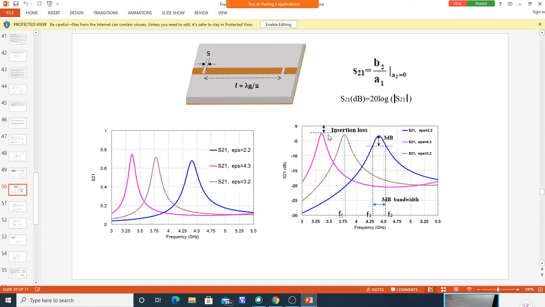You can measure the insertion loss like this, and also you can measure the resonant frequency. And another parameter, you can measure bandwidth also. You see here, from the peak you go down by 3 dB and measure the frequency at this, F1, and this is F2. Take the difference of F2 and F1 to measure the bandwidth. Center frequency divided by bandwidth gives the quality factor. So you can measure the bandwidth, the resonant frequency, and the insertion loss. All those studies you can do over the given network from the S parameters, whatever you want.